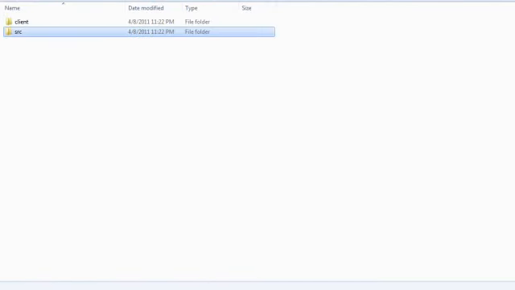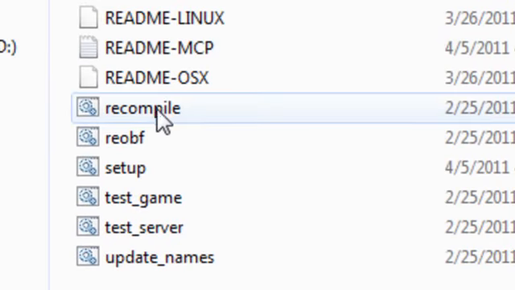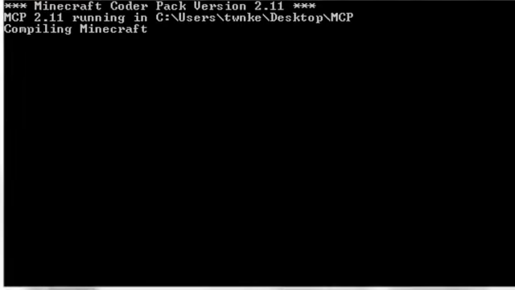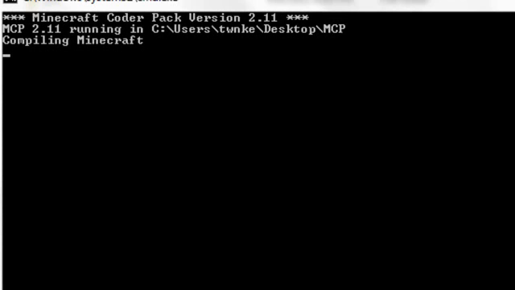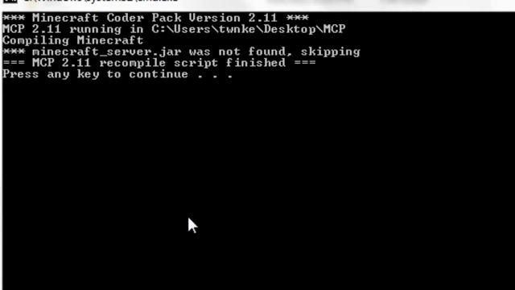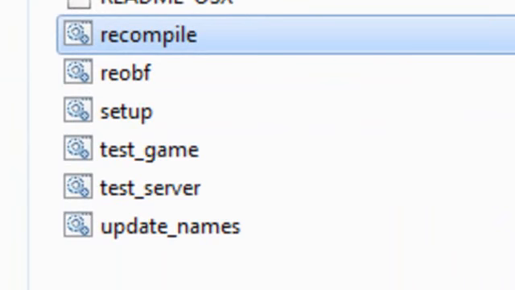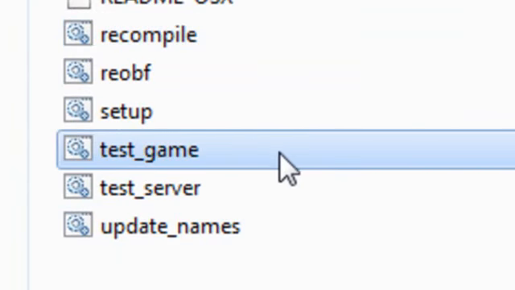And I'm just going to recompile all the modifications we have done, and after we're done recompiling it, I'll test the game. So, compiling Minecraft. It normally doesn't take that long to compile, or recompile, I should say. So, it recompiled successfully. So we'll go on down to. Dang it! It did that thing again. I'll pause the video once. Okay, never mind. So we'll test the game.